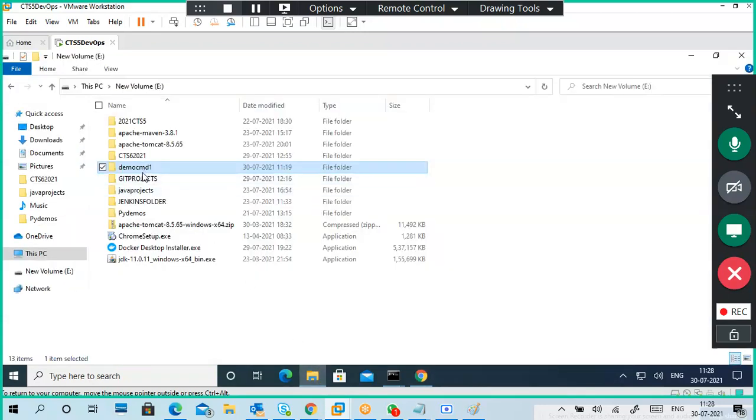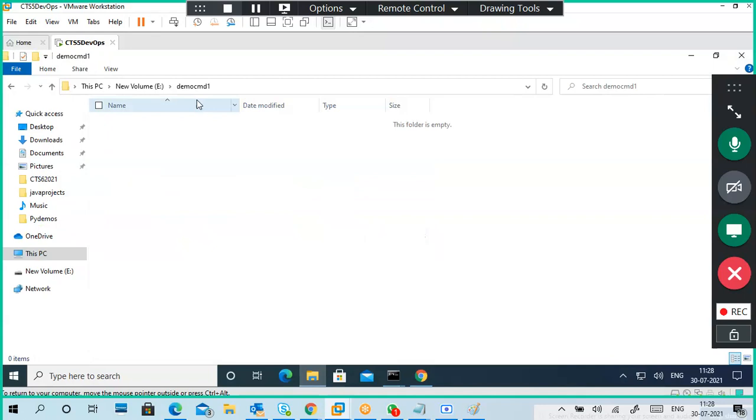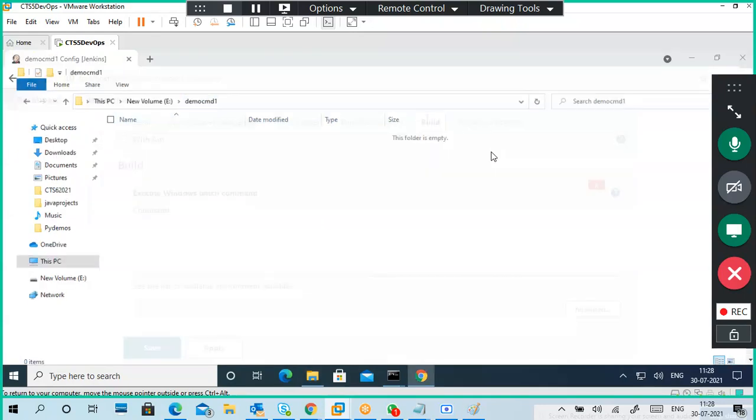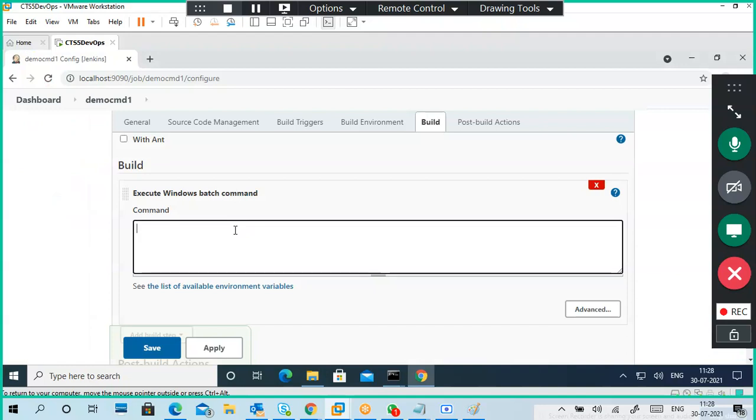And here I want to create something inside this folder, so specifically how to do it. First of all I have to switch to the E drive. CD slash means it will go to the root of the E drive. Next is CD demo cmd1, this is my folder.